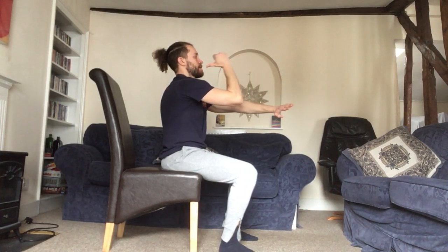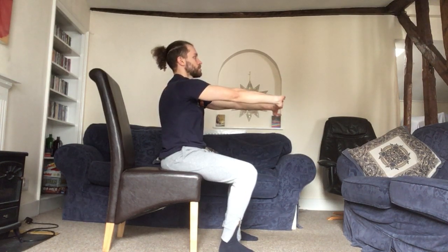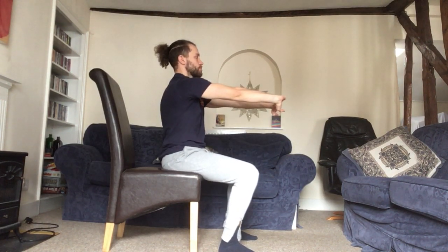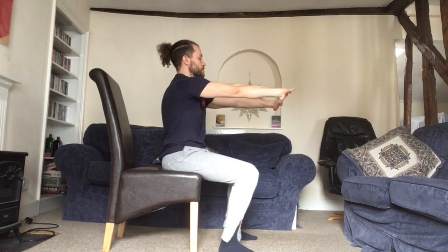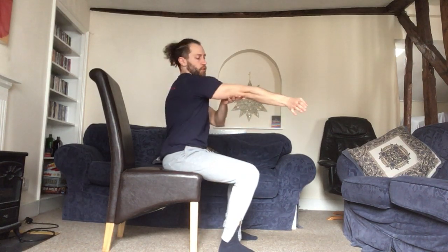And with this one, this is kind of the exception to the rule, you don't want to falsify it, but you will get a little bit of outward curvature in the upper spine, and as long as it's controlled, it's not falsified, this is great. If you want to lace your fingers together, then you can stretch the forearms out as well. If that's too intense, then just don't lace your fingers, that's absolutely fine. Notice how I'm not locked out at the elbow,